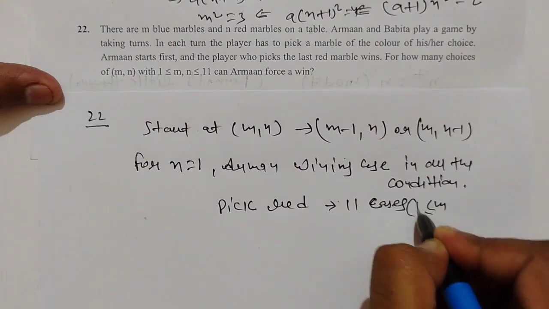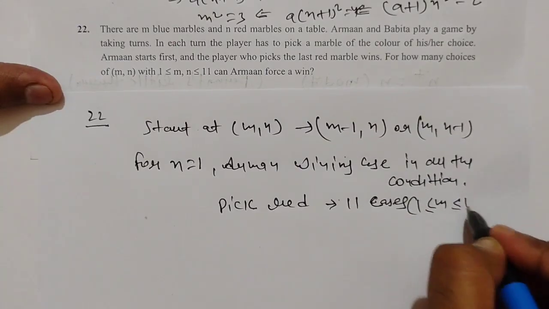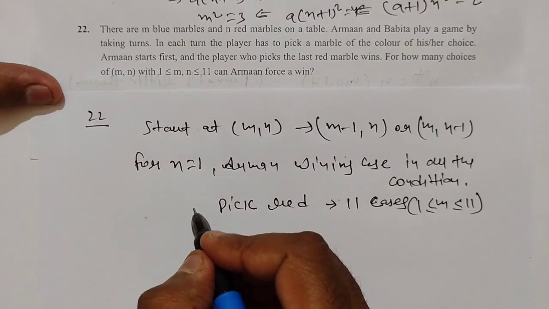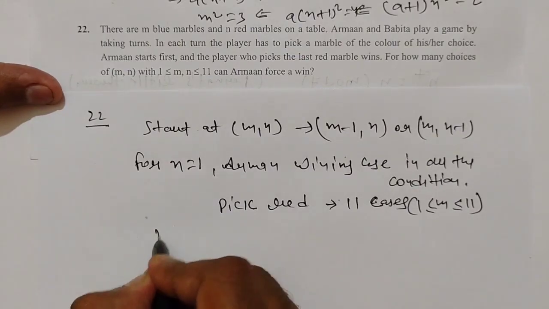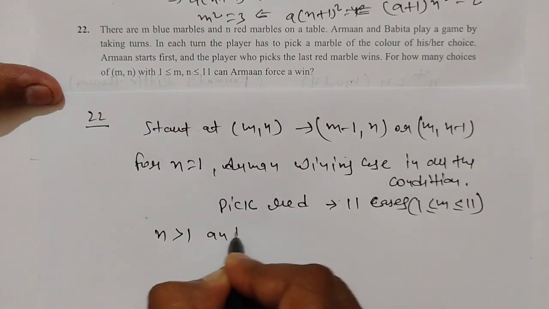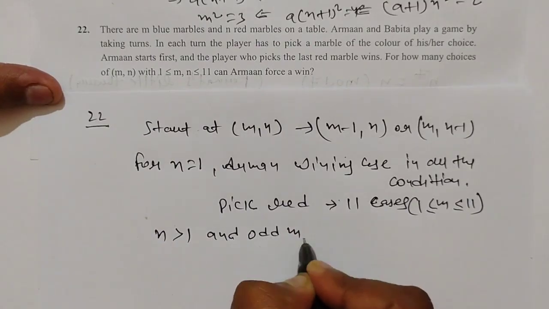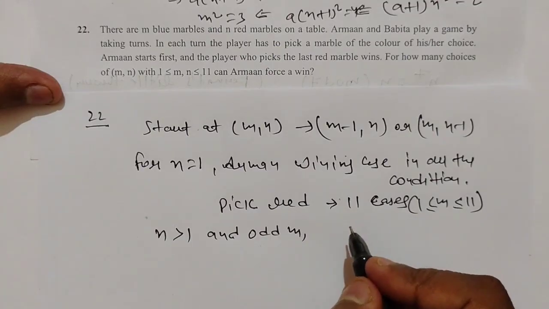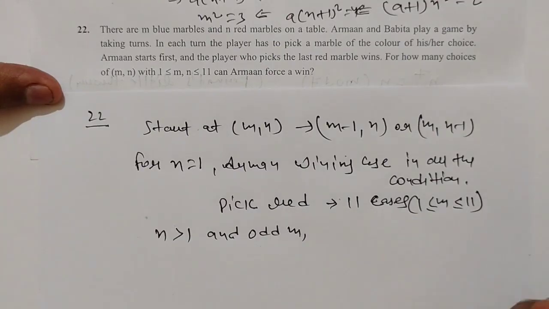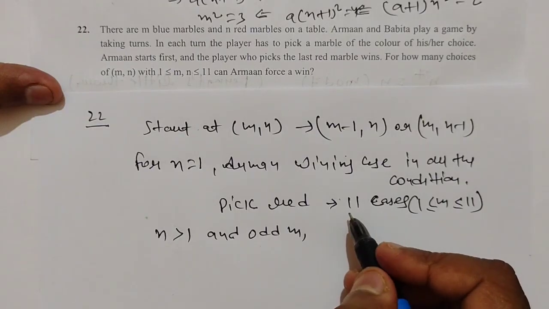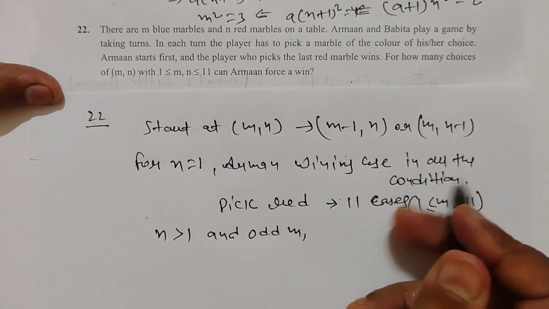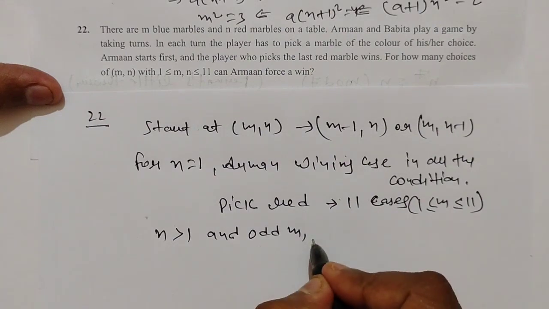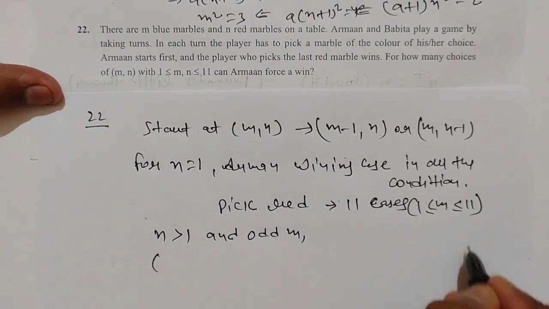As m is greater than or equal to 1 and less than or equal to 11. And for n greater than 1 and odd m, Arman can force the opponent to pick from an even pile of red marbles. So after no blue, ones are left. So we have to note here that